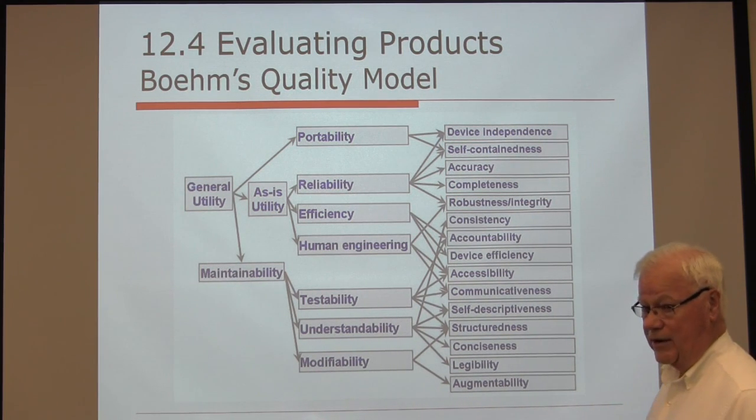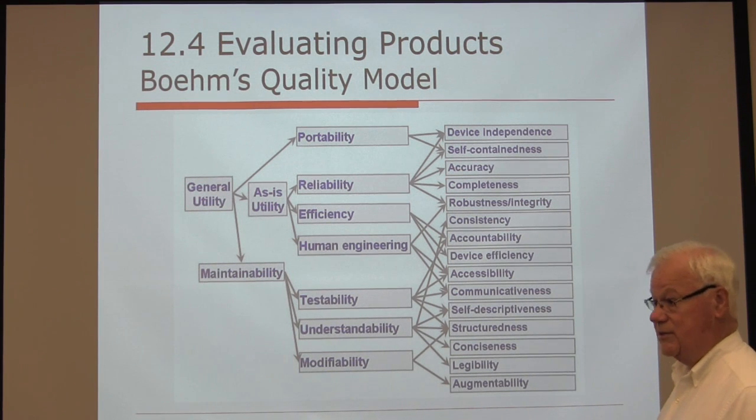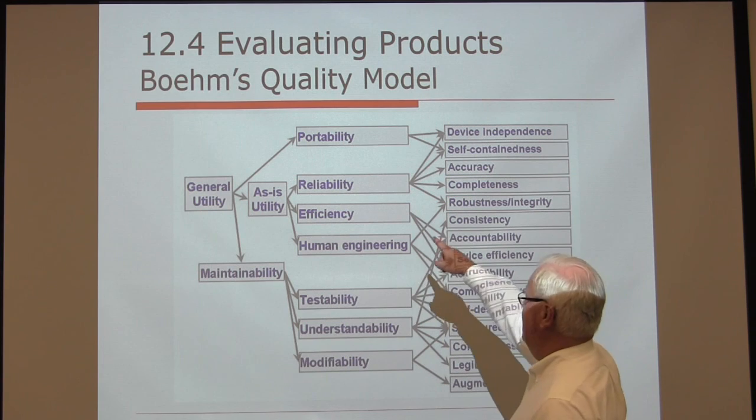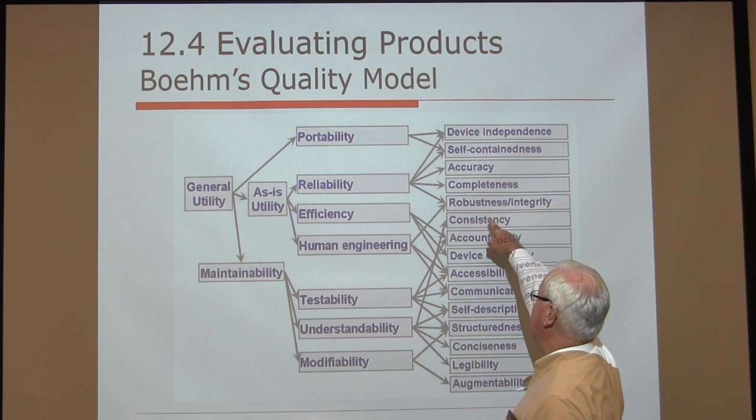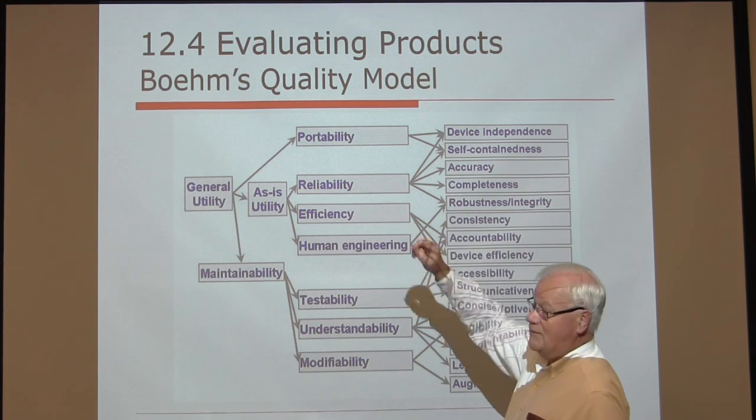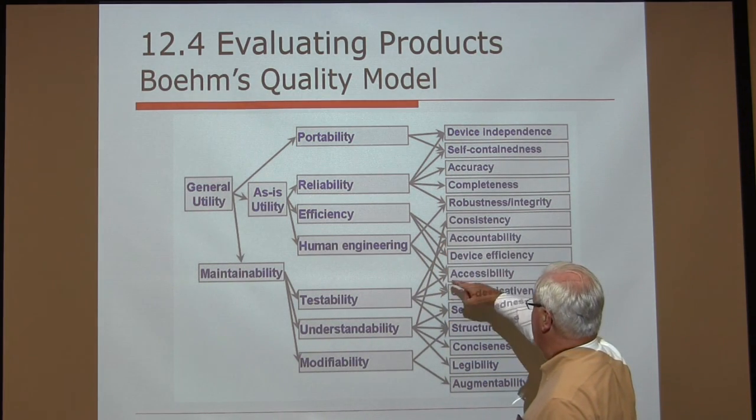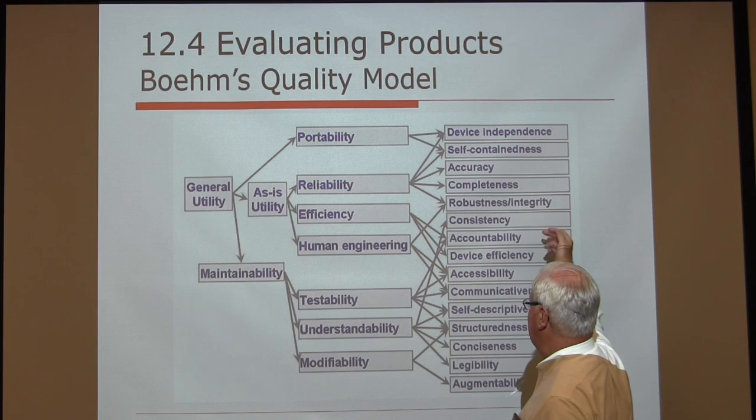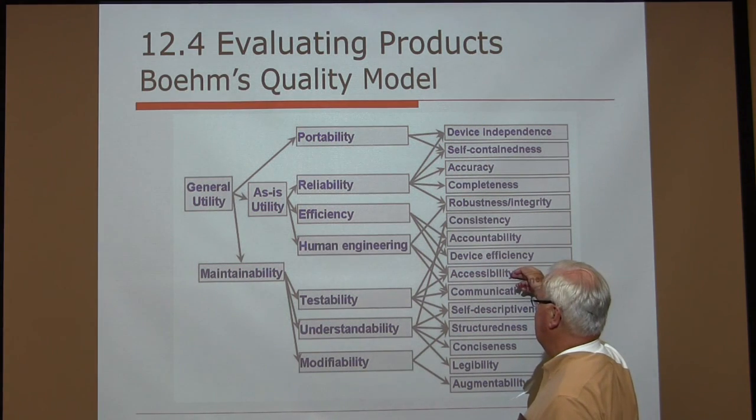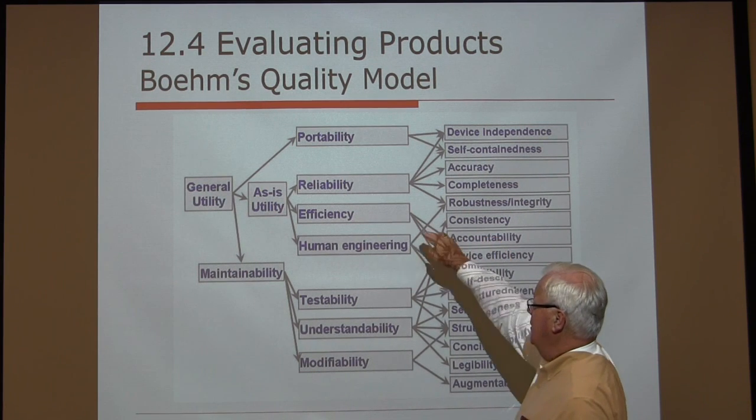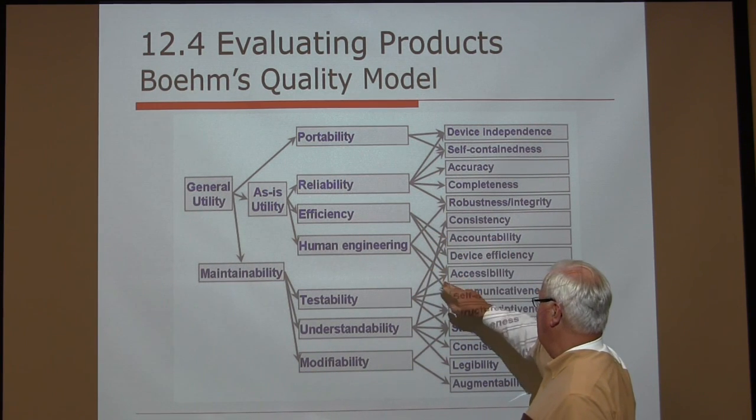Self-containedness: is everything there in the product to do what it needs to do? Accuracy has to do with reliability. Completeness, robustness, or integrity all have to do with whether it's going to be reliable. And then efficiency looks at accountability, device efficiency, and accessibility. I'm sorry, just these two. Accountability and device efficiency have to do with efficiency. Down here,